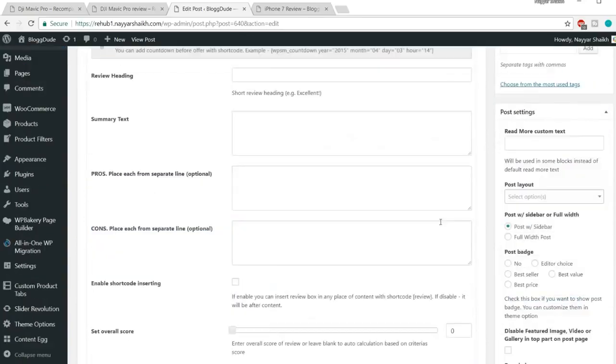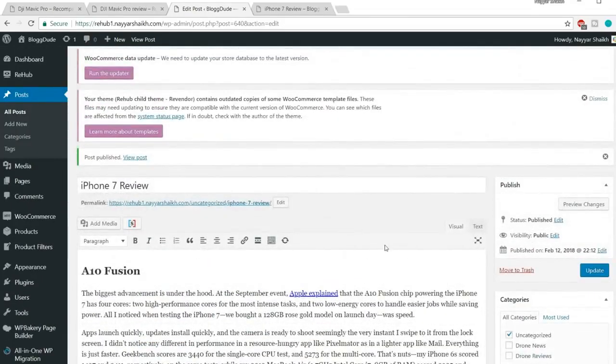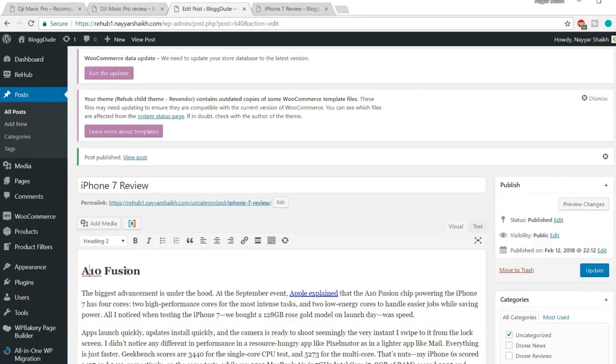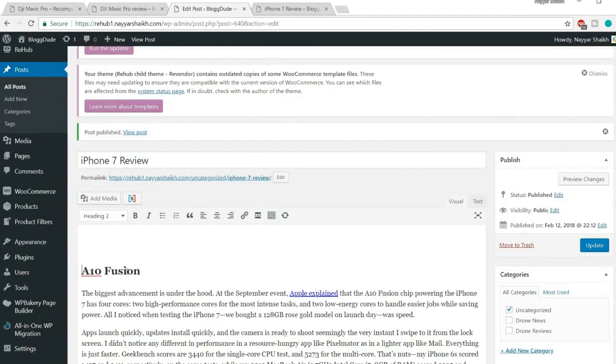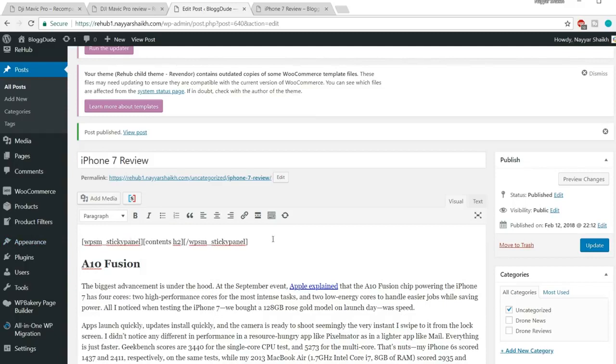Now under the video section, you have to add the shortcode, but you won't get the shortcode now. First you'll have to publish this post, or update this post. But before updating that post, if you see in the shortcode file, the first shortcode is sticky panel. So copy this sticky panel shortcode and paste it at the top. At the top of your post, the first thing should be this, and select it and make sure it is paragraph. Now you'll understand the reason why I always say that you have to select your title and make it heading 2